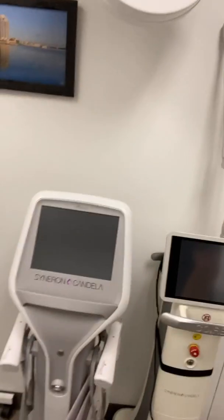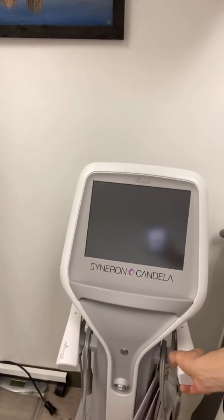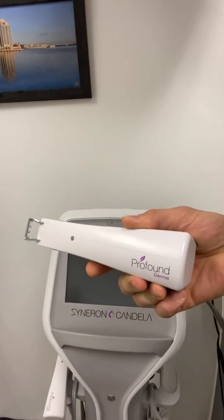And so what can you do to help your elastin? Well, the only FDA approved device that is a bipolar radiofrequency microneedling technology that helps make elastin is Profound. That's one of the reasons I brought it into our practice. And so this is our Profound machine. It's not on right now, but the dermal handpiece right here has 5 pairs of needles, and those needles enter the skin at a 25-degree angle, and they cause a zone of thermal injury between the needle points,